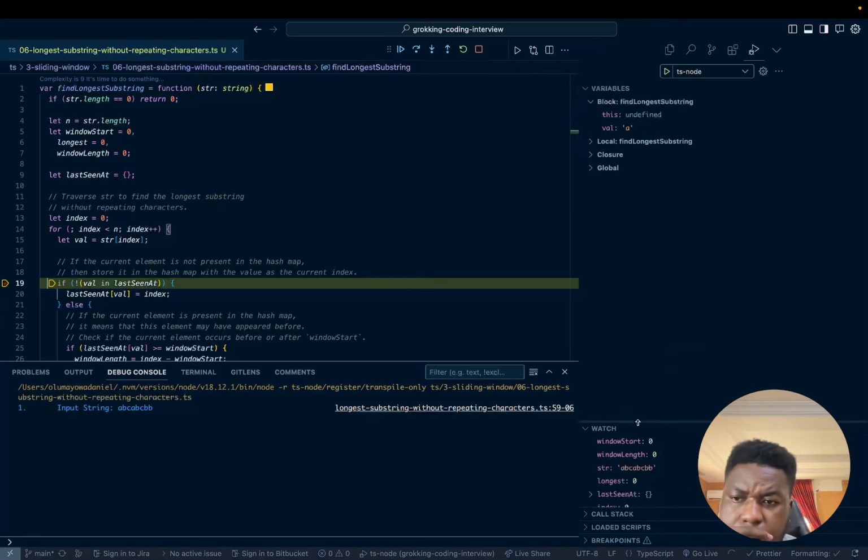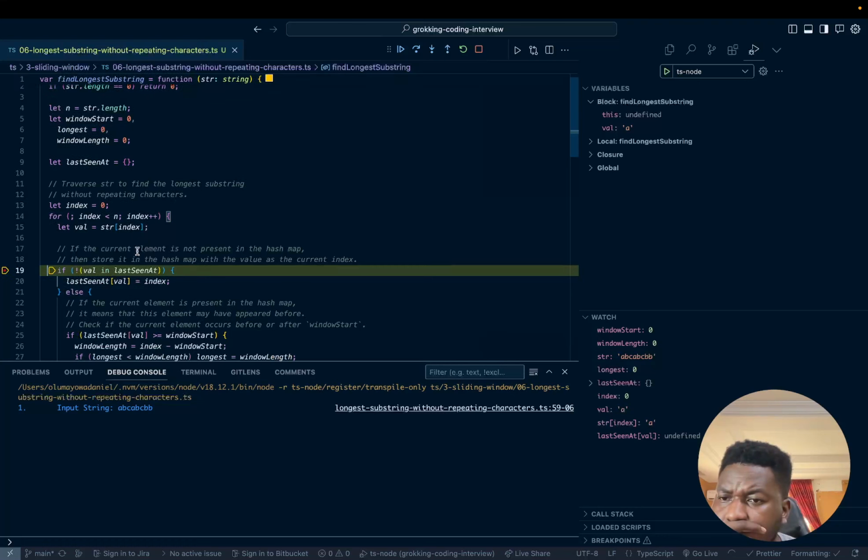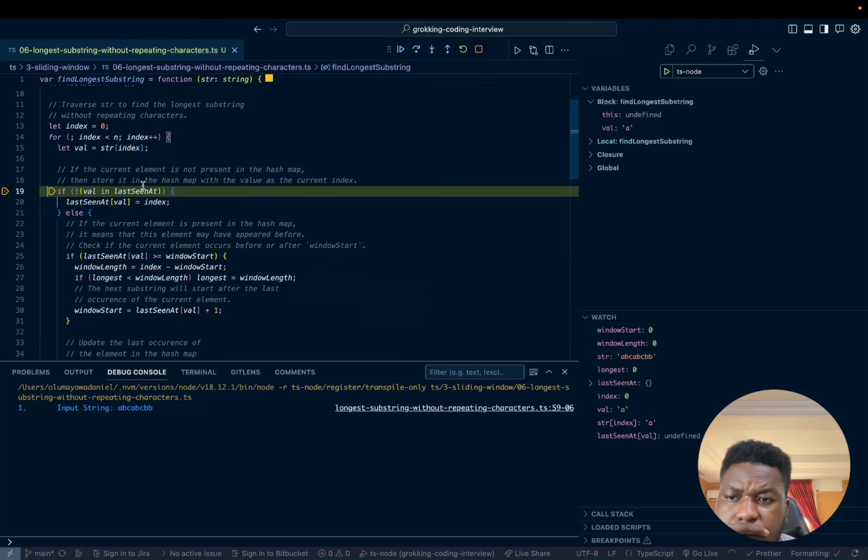Here we're watching the same things. We're in the for loop. Value. Let's see what this says. Last seen at. We know what value is. We know what A is. Last seen at is this guy. So was it not last seen here? True. This evaluates to true, because value